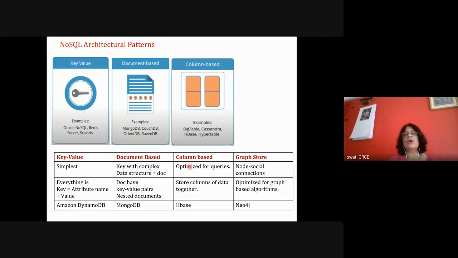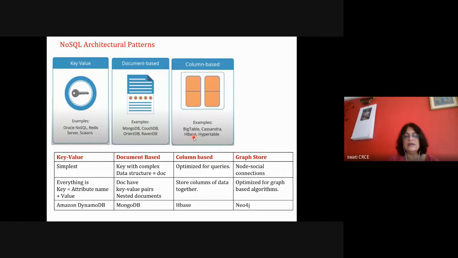But in case of column based, you have something called a column family, and there are columns inside the column family. So whatever is inside one column family is only sequentially stored. All other things are not stored in a sequence. Okay, so it stores the column family data together. So you can extract the entire column. Whenever you're extracting the entire column, other column families' columns are not extracted. You can extract only that particular column of all the rows. So database access is column wise.